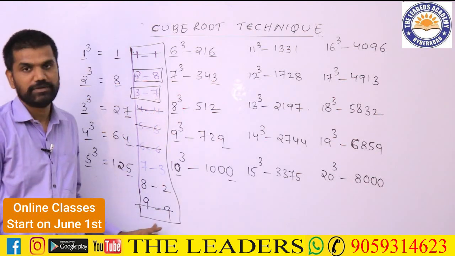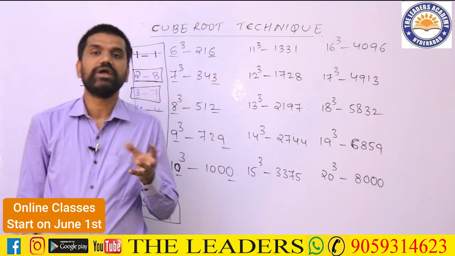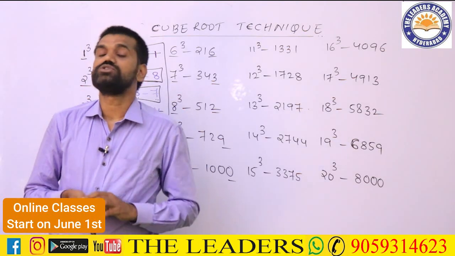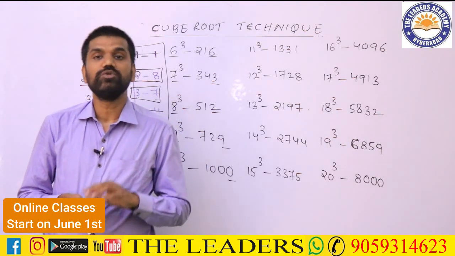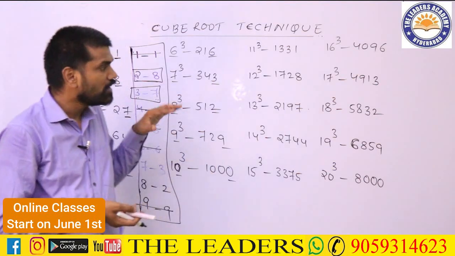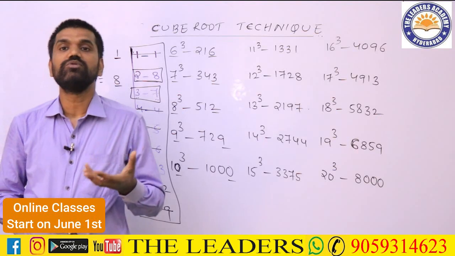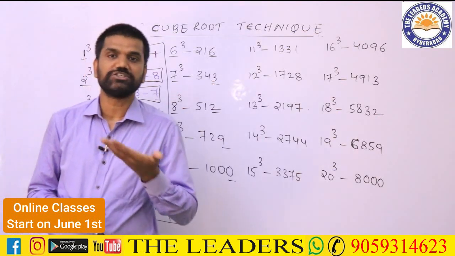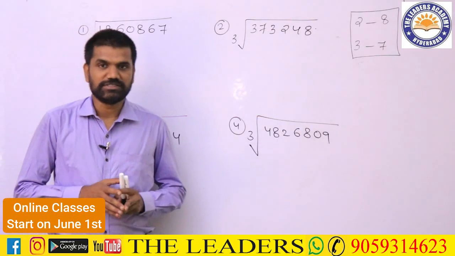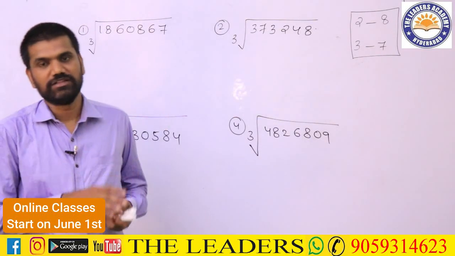Likewise, all are similar. So just remember the 2, 8, 3, 7 pairs, nothing else. Now let us go for finding the cube root of a perfect number with this particular knowledge. How will this knowledge help us in getting the cube root of a number quickly, in a fraction of a second? Let's go for some examples now, related to finding the cube root.